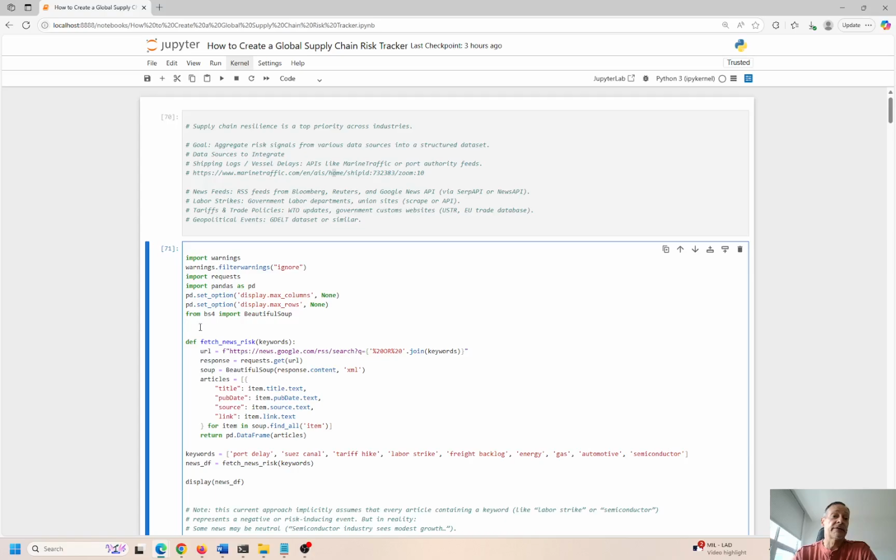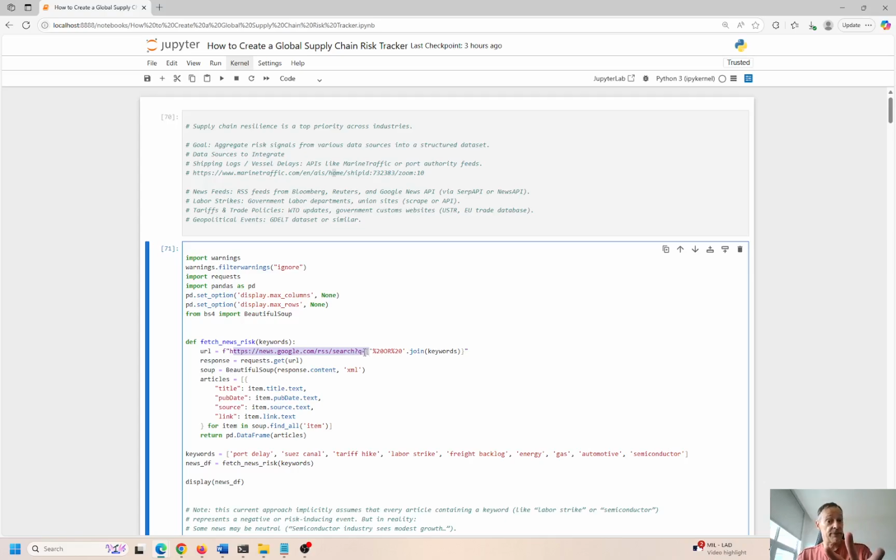I'm going to assume that Google is filtering out all the illegitimate stuff and all the things like aliens are coming to invade Earth and take over. I'm assuming that that's not there, right? So it comes from... We do have multiple news sources too, like RSS feed from Bloomberg, Reuters, Google API, things like this. So I'm going to use Google in this case. You can see the URL right here. Okay, so that is going to be our Google